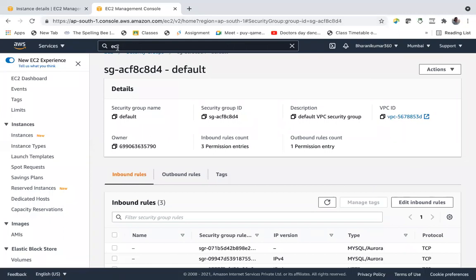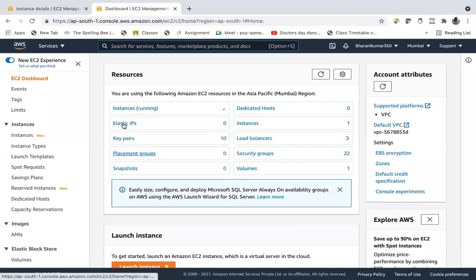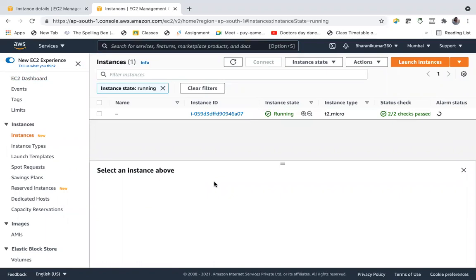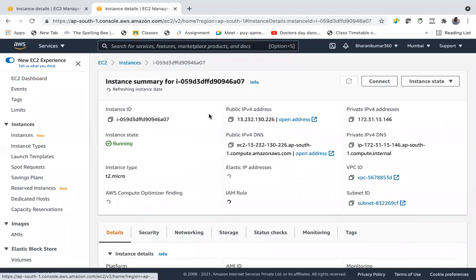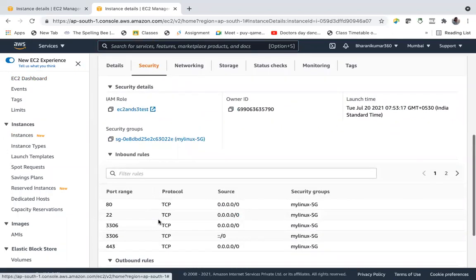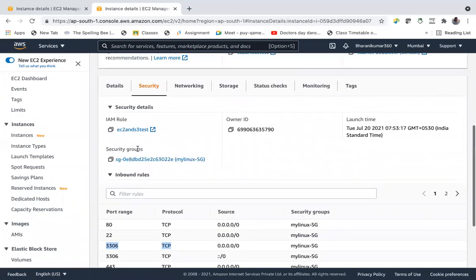No need to bother about the EC2 instance security group, but anyhow a MySQL rule has to be there in inbound, and we know outbound traffic, everything is allowed. And at EC2 level, add a MySQL rule, right? Inbound rule, and then outbound rule we need not worry about.